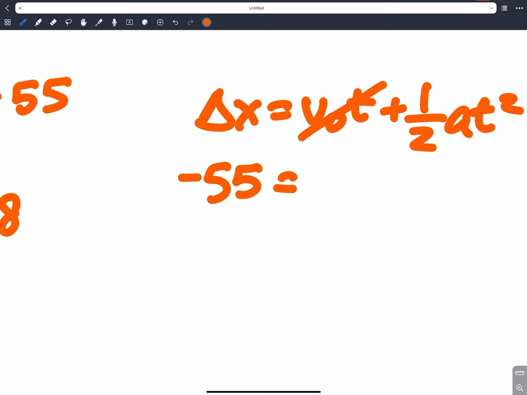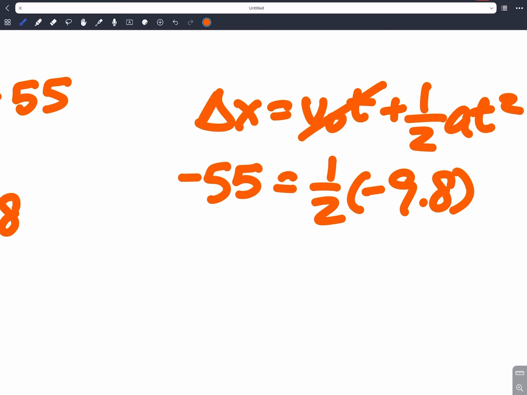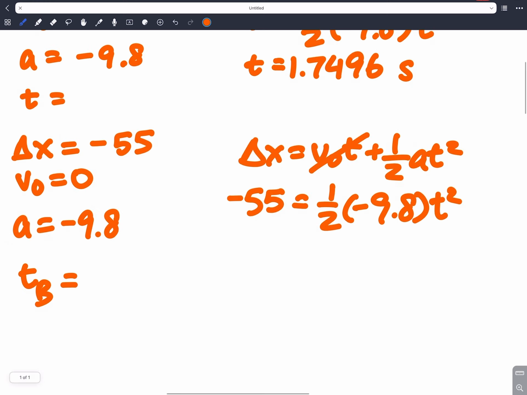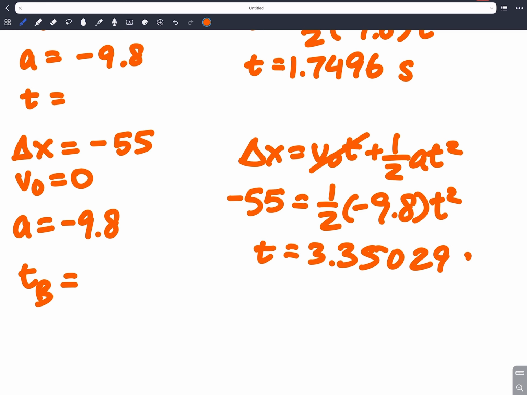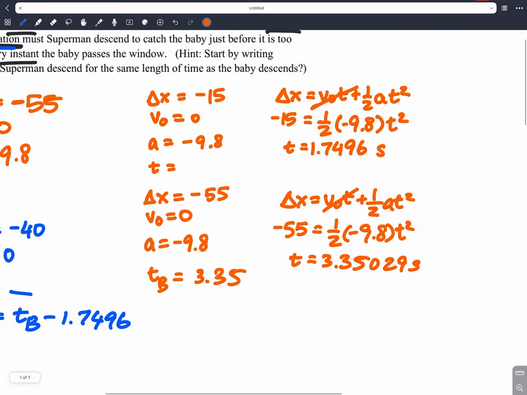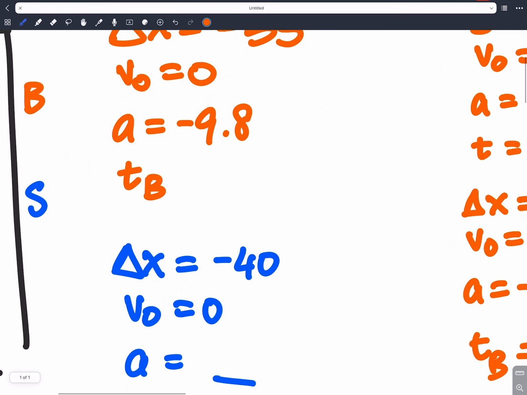Again, this thing is going to cancel out because initial velocity is 0. Now, the time for the baby is 3.35029 seconds. Let's just make that 3.35 for simplicity. So, time for baby,